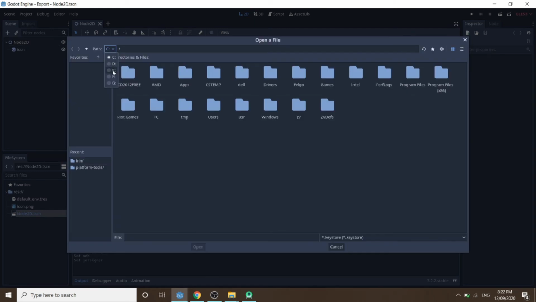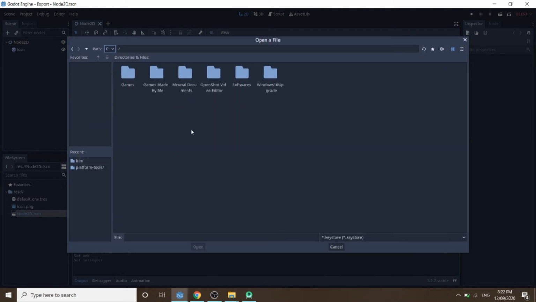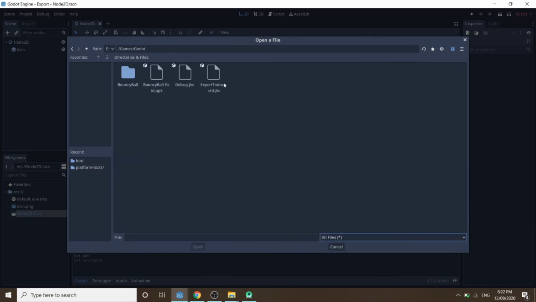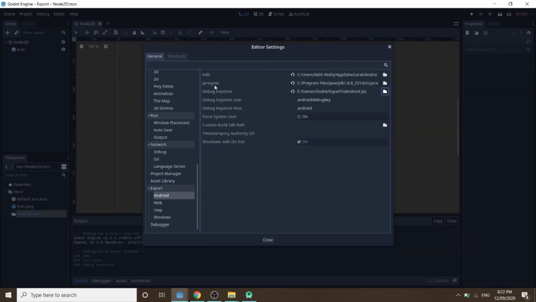Go to Godot. Choose the path in which you have stored the keystore. If it is not showing because under extension we only have .keystore, click on it and select All Files. You will now see the debug.jks, or whatever name you have given, .jks, our file. Open it.